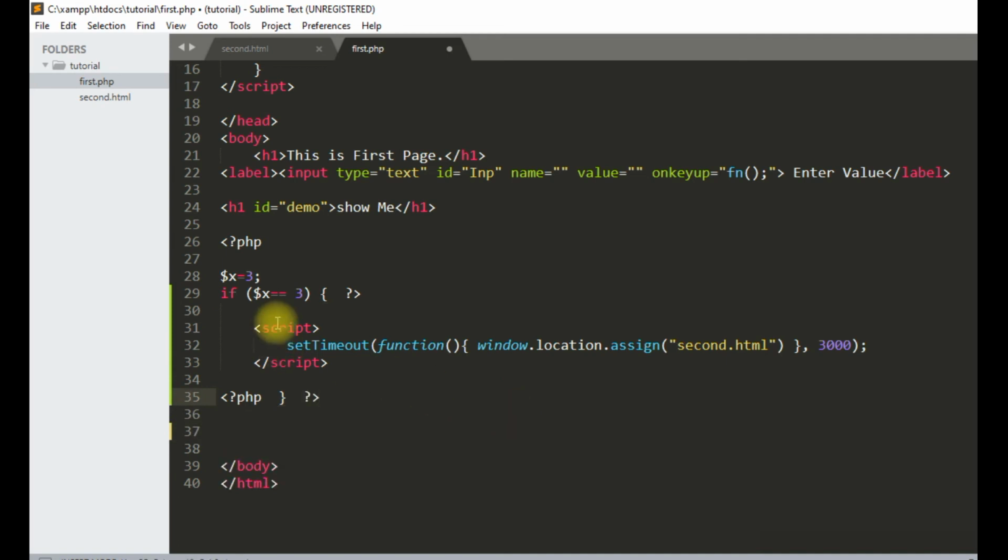So you see, PHP is very beautiful language. You can start from anywhere, close at any condition, write something, this JavaScript or HTML or CSS code, and again start and close the PHP.